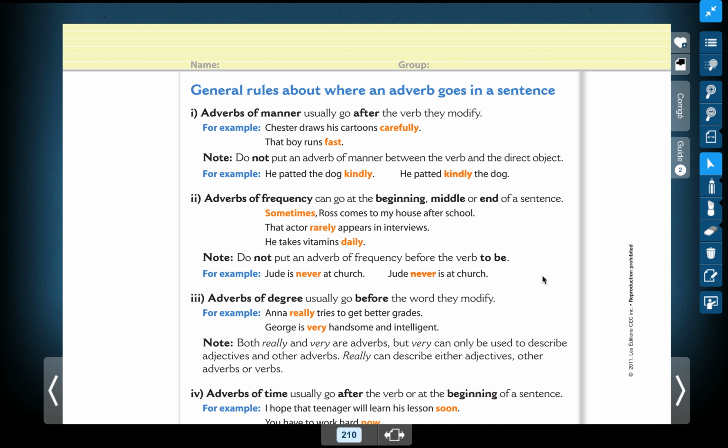Finally, there are rules about the placement of adverbs as well. Depending on the type of adverb, some of them go after, some of them go at the beginning, the middle, or the end, and some of them only go before the word that they modify. To be able to memorize this, you could read page 210, and then do exercises. Even if you read the page 3 times, if you don't practice, you will never know where to place the